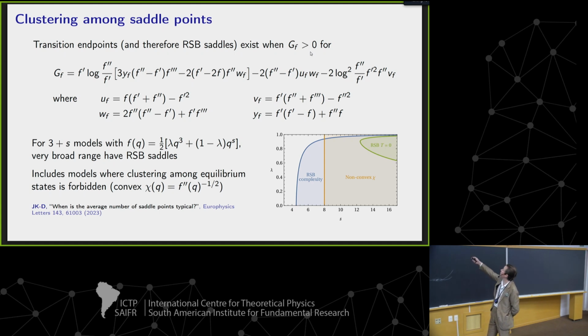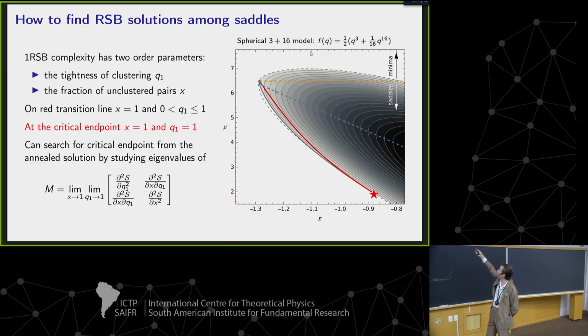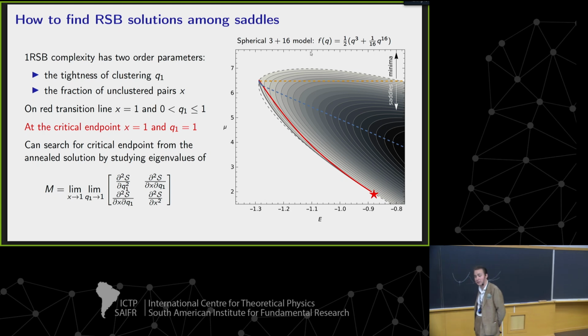So the white region is where this weird functional that gives you the heuristic, the result, is less than 0, and there is no point along the 0 complexity line where a 1 RSB solution emerges. And so you don't find this section of saddles. Now, of course, there could be some isolated region of clustering somewhere that doesn't hit the 1 RSB line. That's not ruled out by this calculation. One could try to find it. Of course, a lot of the motivation of these sections was about having a point to start at, which makes it very difficult to find such a region, but it's not ruled out by this sort of thing.